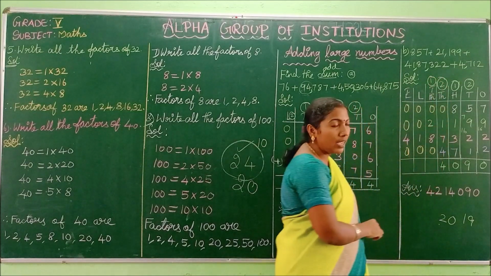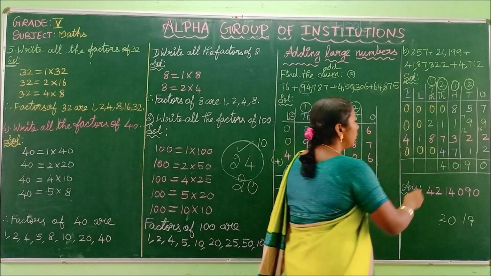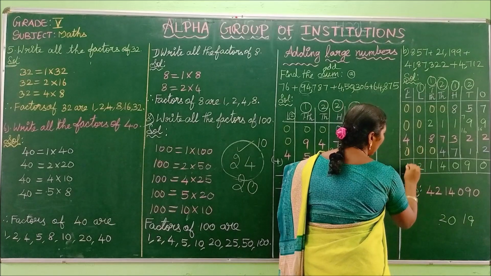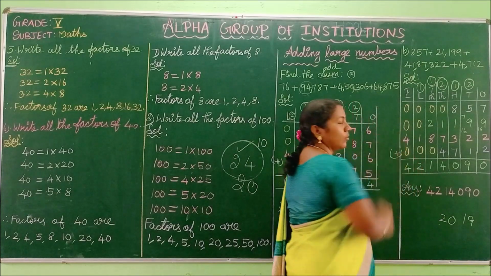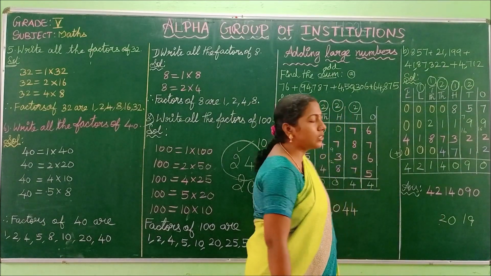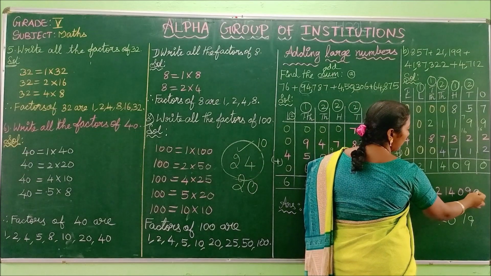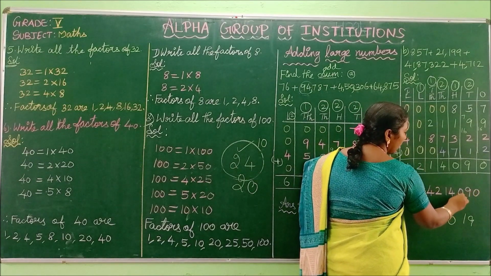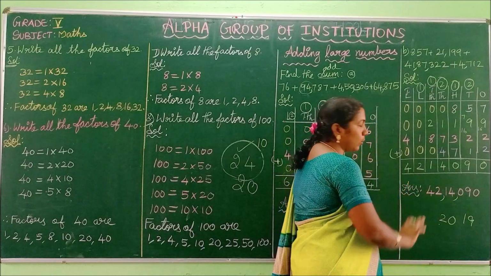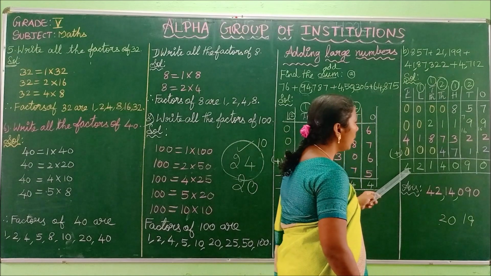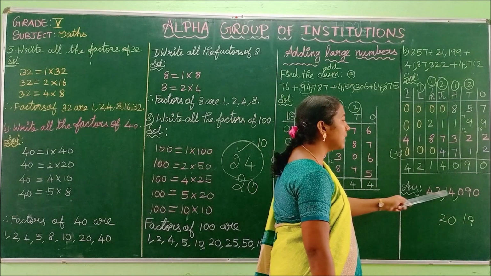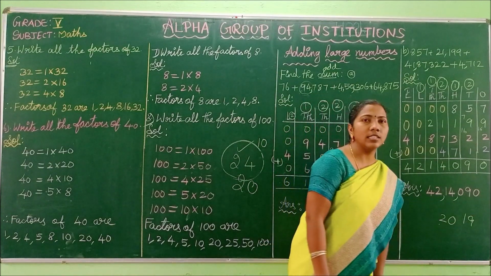1 plus 2, 3, 3 plus 8, 11. Here you have to put 1, here you have to write 1. 1 plus 1, 2, and write the 4 as a base. Here you have to put the symbol plus. Okay. Thus your answer is 4, 2, 1, 4, 0, 9, 0. As per the English system, first you have to place the first comma after the first 3 digits. 1, 2, 3. First comma and then you have 2 digits. 1, 2. Here only 2 digits, so you have to stop up to this. How can you read this number? 42 lakhs 14,090. It's clear, children?